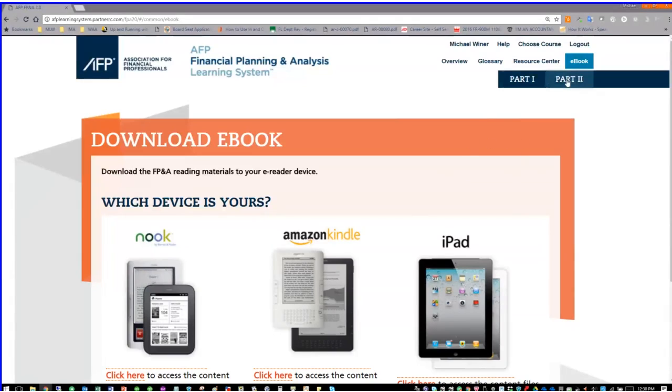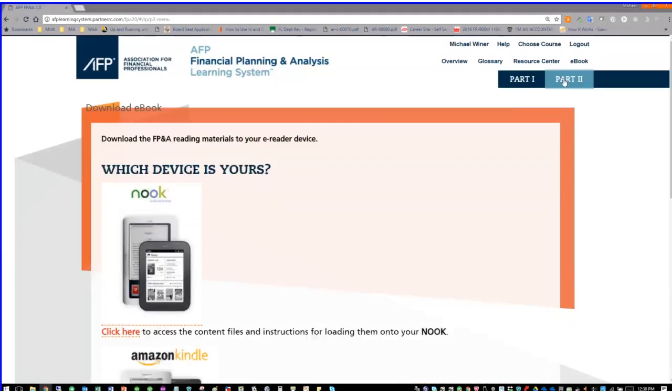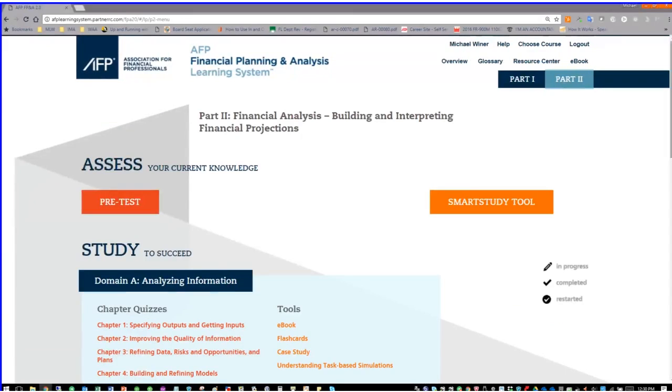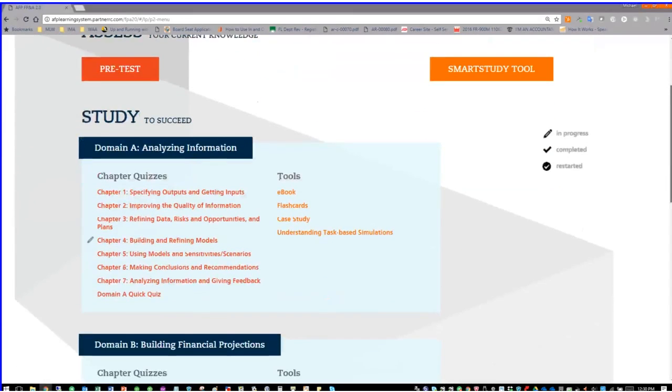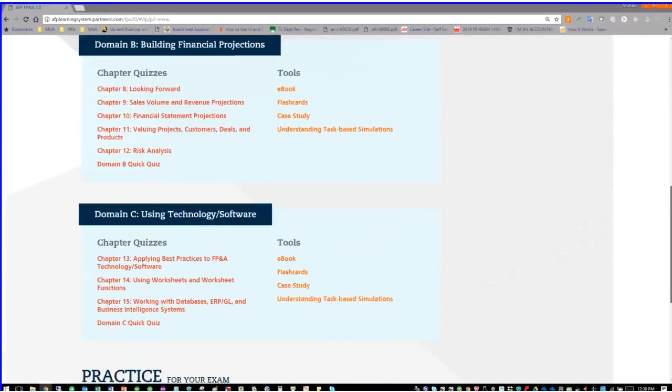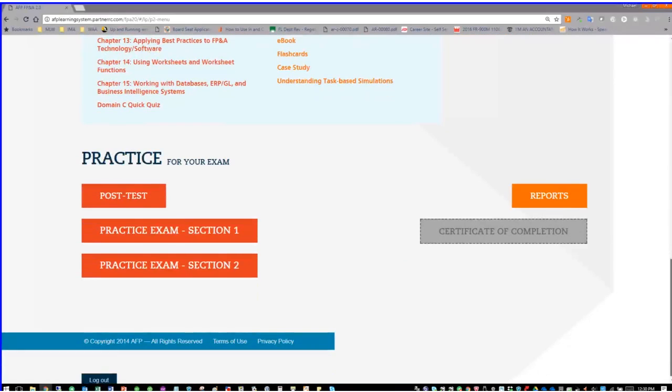Now, the one other thing, let's go into the parts. We'll go into part 2. Okay, so you hopefully are well familiar with the screen, and you've been in here numerous times. As I recommended in the beginning, I recommend that you hold on to the practice exams until the end. By now, at this point, you should be able to do a post-test, which will let you compare your knowledge now to how it was before you started the course, and see where you've made progress. It'll also show you where you may still need some work.